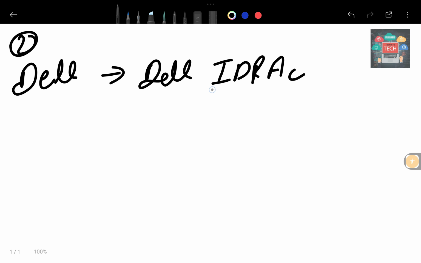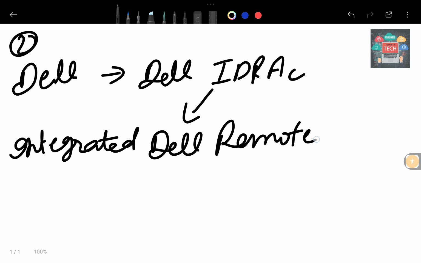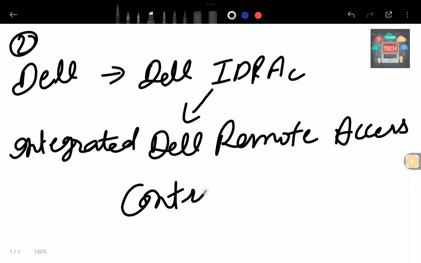Its meaning is Integrated Dell Remote Access Controller. So Dell calls it iDRAC, and the iDRAC full form is Integrated Dell Remote Access Controller. See, the purpose of all the management modules is the same,